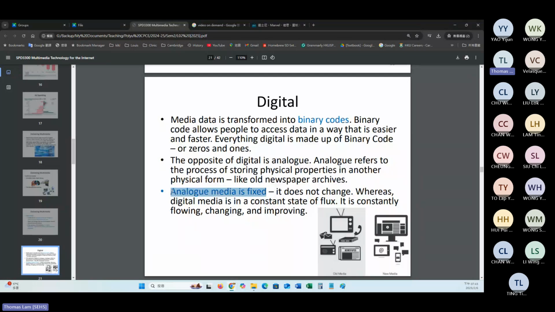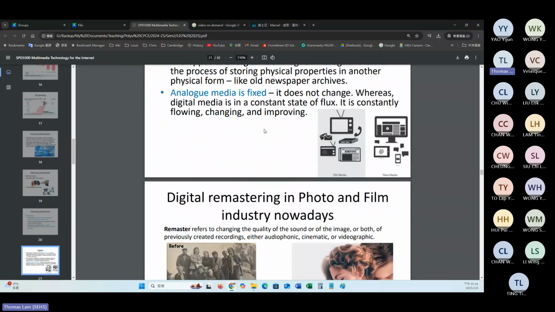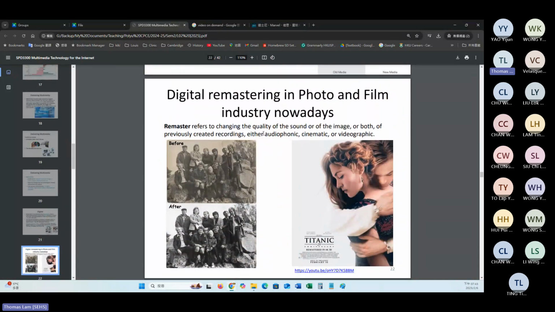The analog media is fixed and does not change, and everything is constant. But when it comes to the digital format, you can perform quite a lot of operations like filtering, searching, something like this. So take a look at the examples right here.